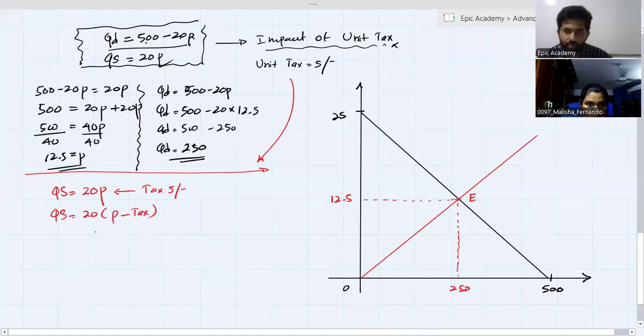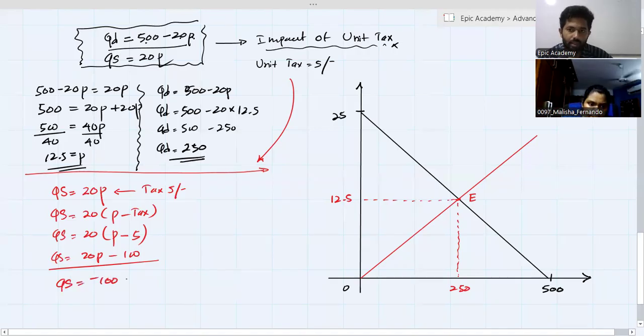Tax means T. We don't have any idea about the P, but we know the value for the tax. It is 5 rupees. So QS equals 20p minus 100. As a normal format, QS equals minus 100